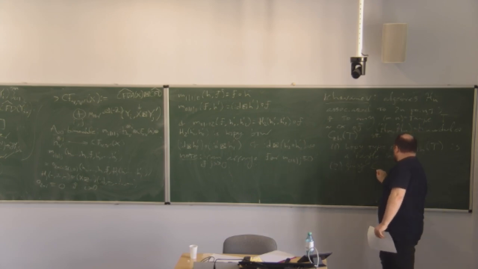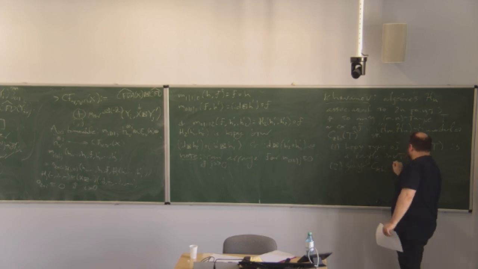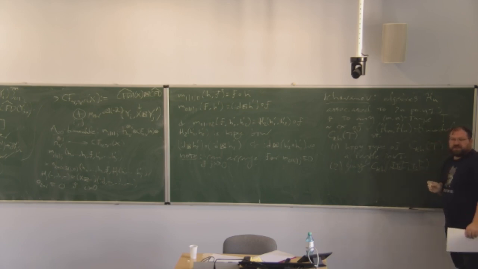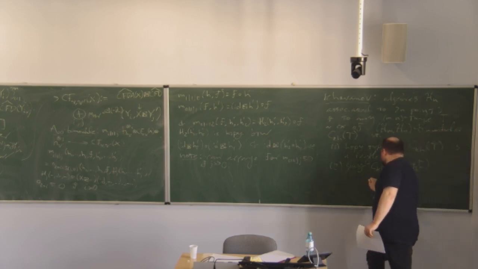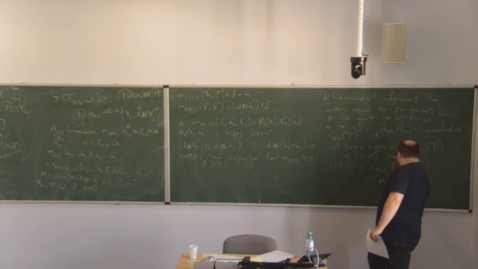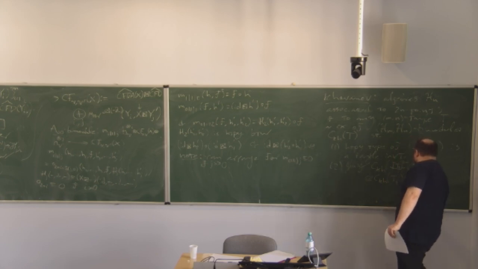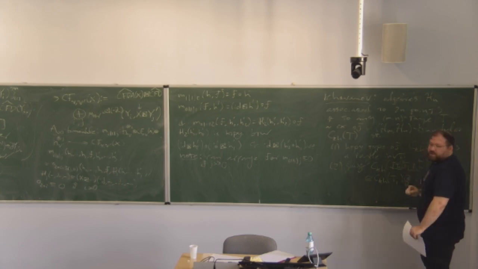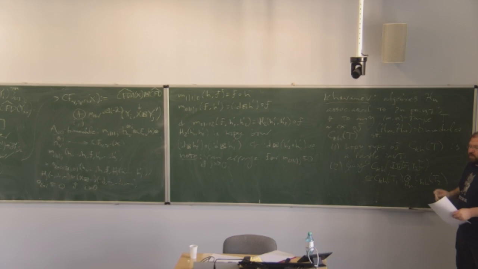Namely, that if I have two tangles T1 and T2 glued together along a common boundary, and I look at the bimodule associated to this tangle diagram, this is actually isomorphic to the tensor product of the two complexes. So C_Kh of T1 tensored over H^n with C_Kh of T2, where in the middle I've got 2n strands running between T1 and T2,